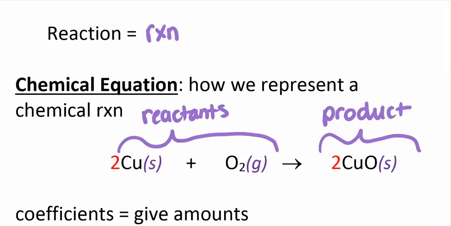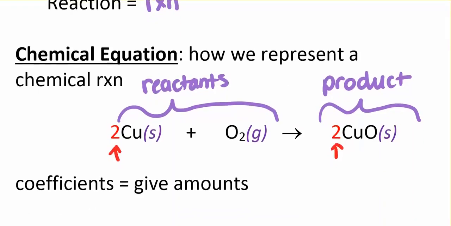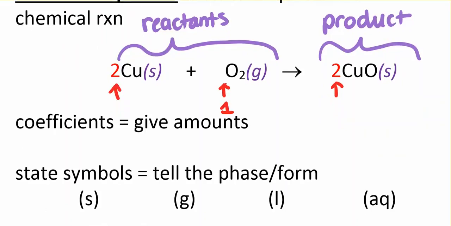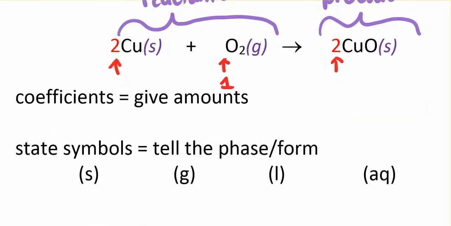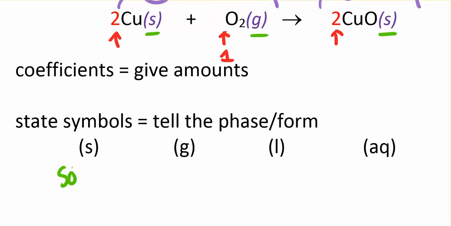These coefficients in front that are in red tell us the amounts of the reactants and products involved. Notice that there is a coefficient there of 1. It's not shown. We also have state symbols in our reaction. The state symbols tell us what form of each reactant or product is present. Of course, S is solid, G is gas, L is liquid,